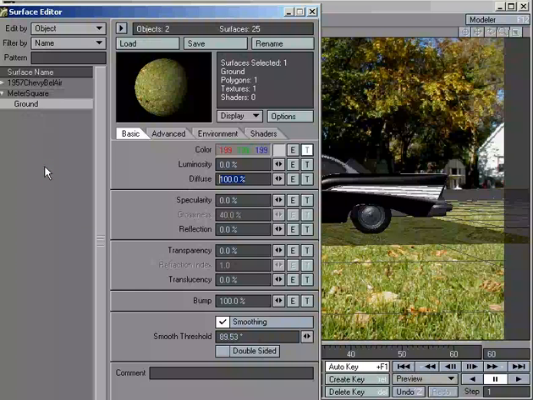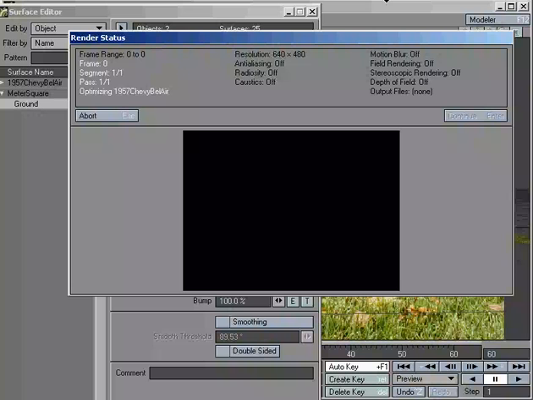Something many people don't realize is you can have more than 100% in your diffuse. If I set up 150, it's overreacting to the light. So it's still a little bit too dark. Let's try 175. And I can kind of eyeball it just in my layout here. That's actually looking pretty close. So if we do a quick render,